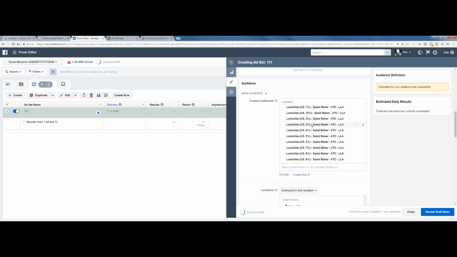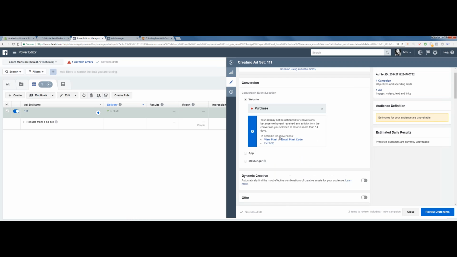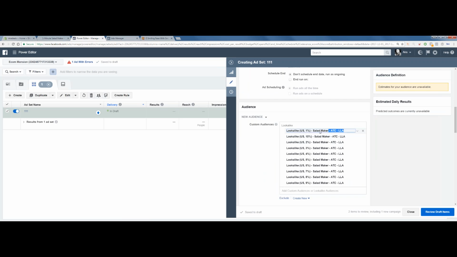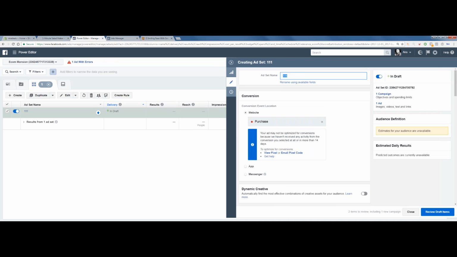So we have 1, 2, 3, 4, 5, 6, 7, 8, 9, 10, all ATC LLAs. Great. So this first one is going to be that one. We're going to just copy it and put it up here as the name so we can identify it.